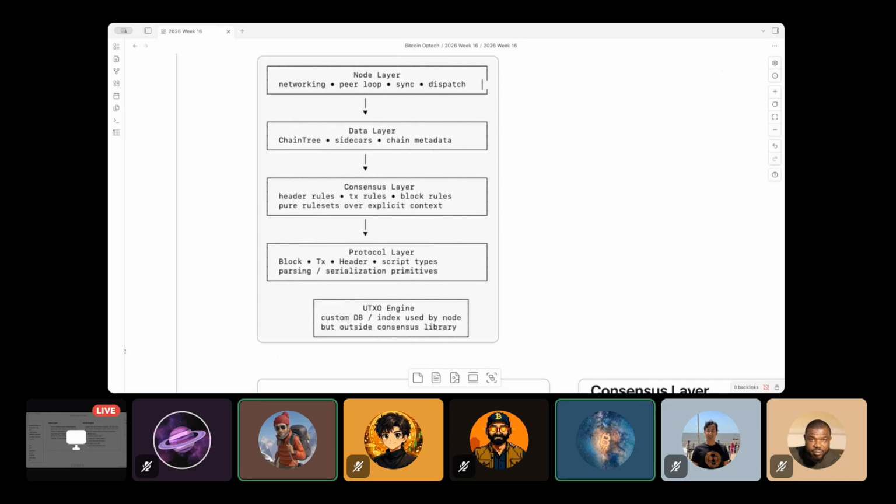However, it is different from libbitcoin kernel because libbitcoin kernel wants to work with the existing code base. It doesn't want to create something new from scratch. However, Hornet is an attempt to write things from scratch.